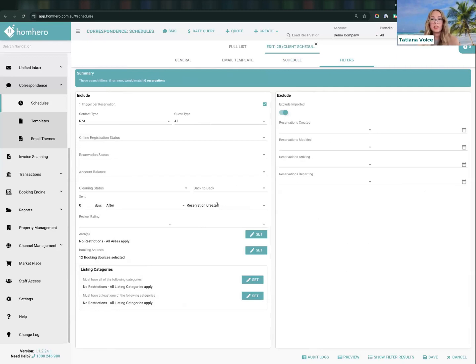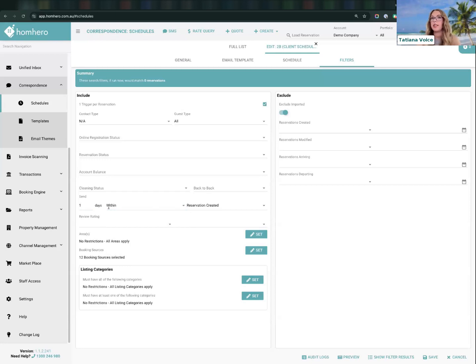So the booking is made during the day, still meets those filters. It's still on the same day as booking being created and it will still send. But if they make a booking after hours, the schedule starts again at 8 o'clock the next morning, but it will miss this one. So instead, we could adjust this to be 1 day